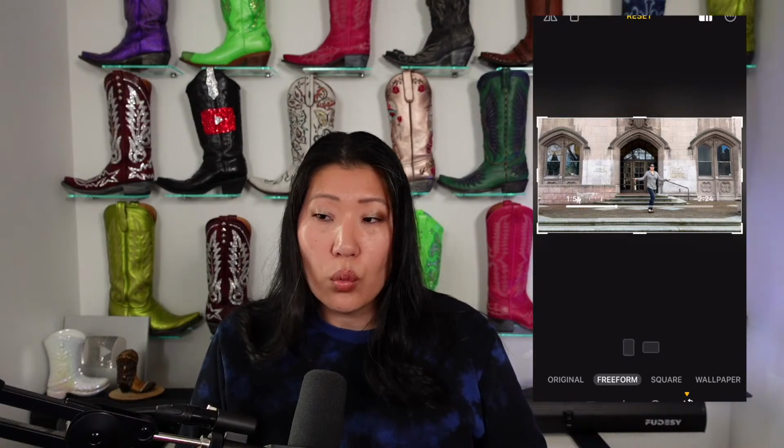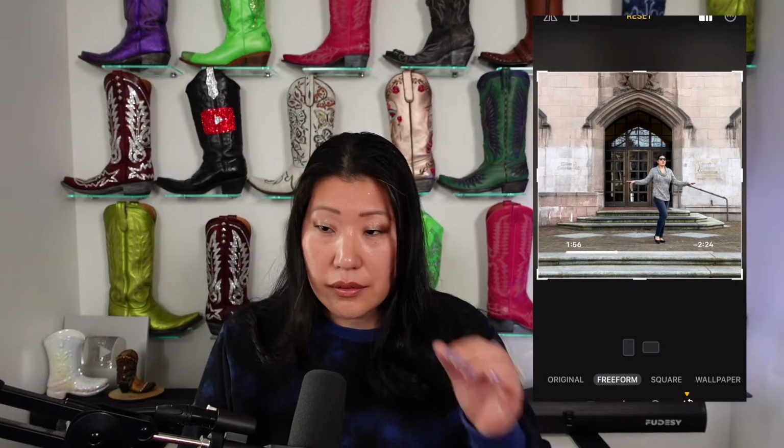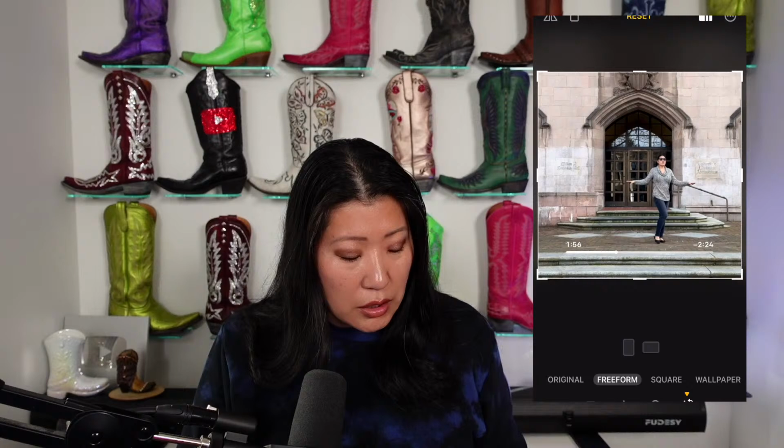Then what we're going to do is change it into a 9:16. We're going to grab the little bar here, and then it's going to say, what kind of shape and size do you want? So once I see that, I'm going to click on anything, but then you can see the little icons. It says like original, freeform, square, wallpaper, all that kind of stuff. So you can come in here and say original, you can see it's 9:16. Now these options are going to light up and I'm going to be able to switch into this guy right here.